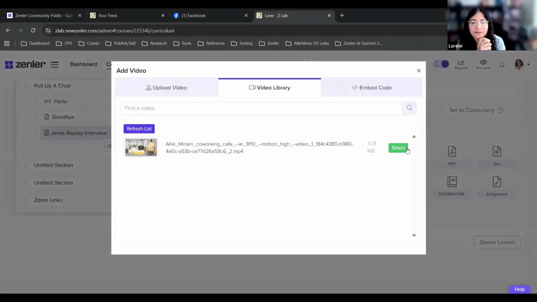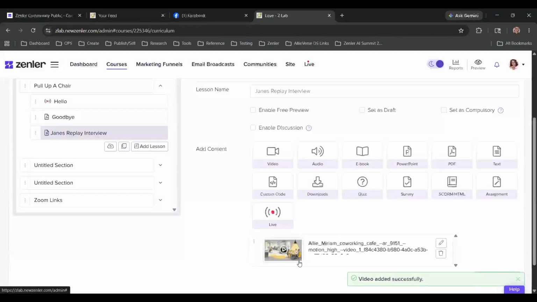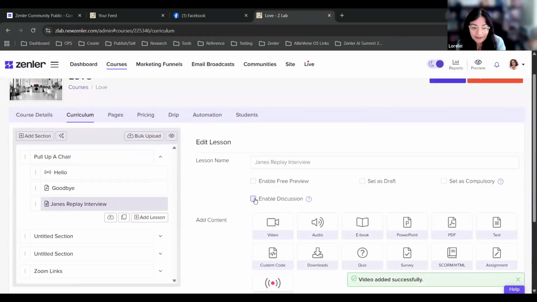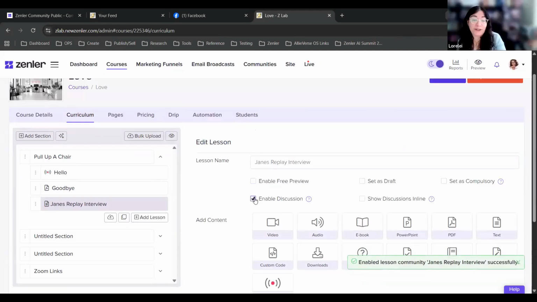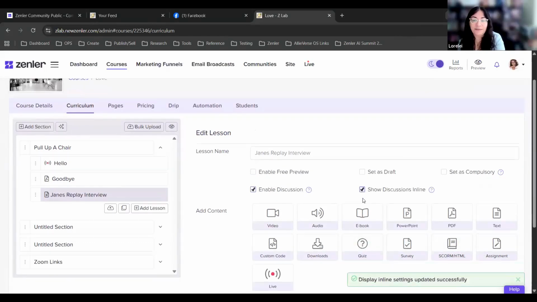You're adding the replay video here to the curriculum. And then are you doing discussions for it? I can put discussions. That's what I wanted feedback from people. And then I think when I put show discussion inline,